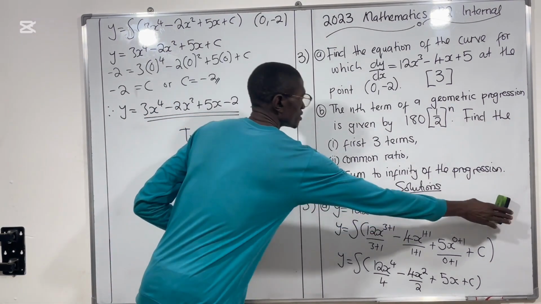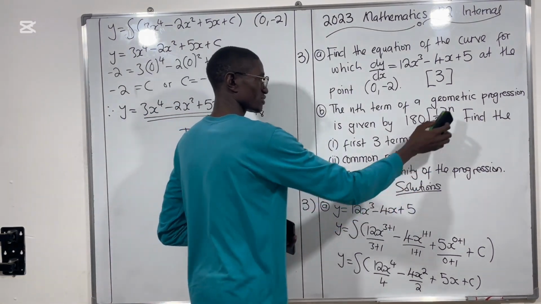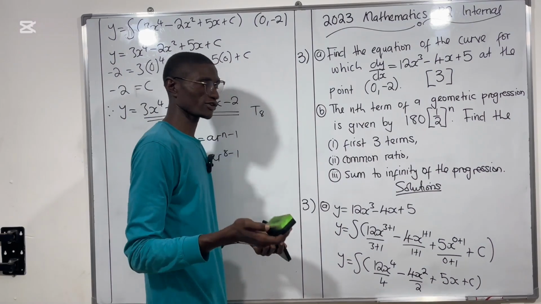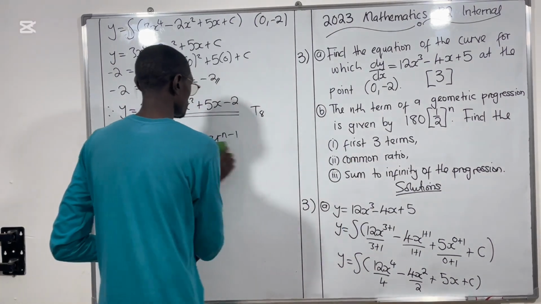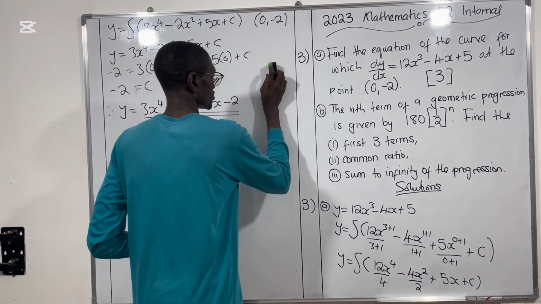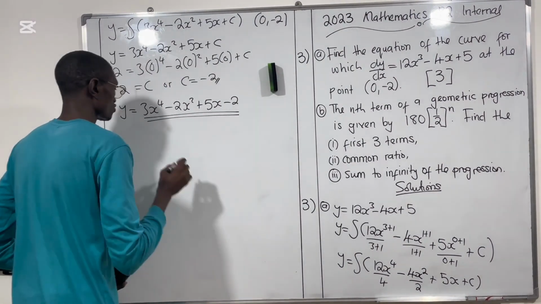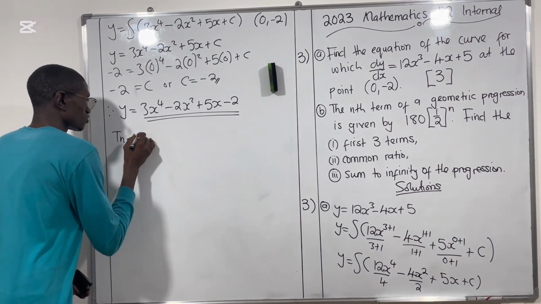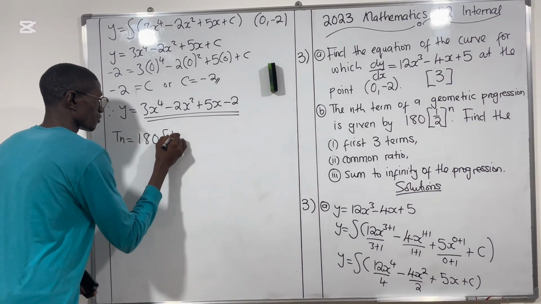So now, since we're using this formula, meaning wherever there is n, we're going to plug in the term we're trying to find. So we're asked to find the first 3 terms of the progression. What we're going to do is write down that formula. So we're going to say Tn is equal to 180 1 over 2